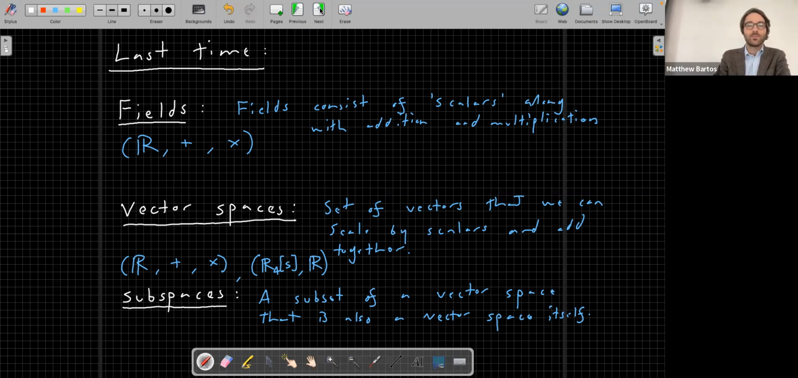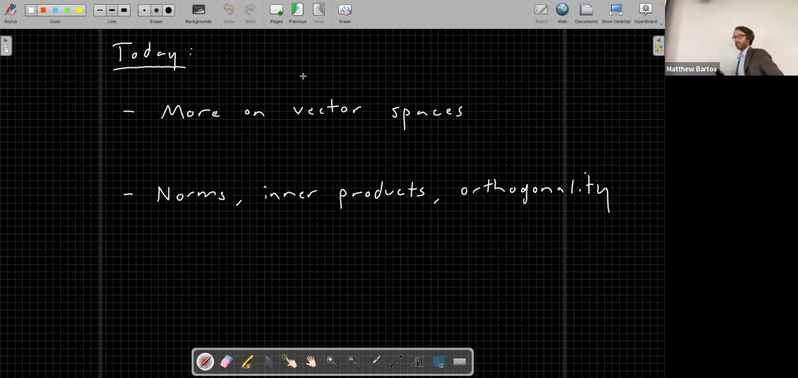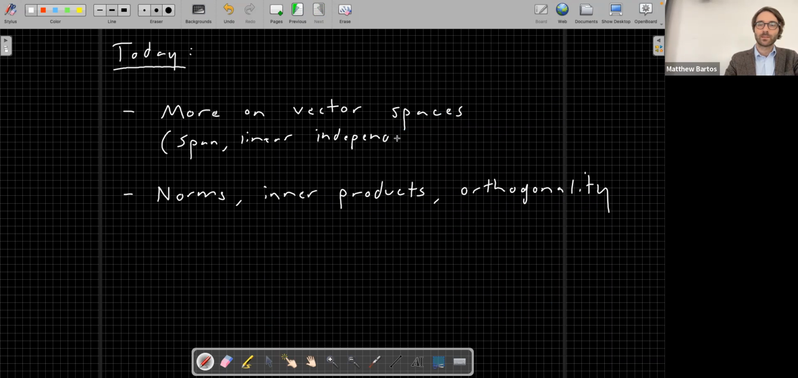Okay, so today we are going to finish up our discussion of vector spaces. We're going to talk about three more concepts. We're going to talk about span, linear independence, and we're going to talk about bases. Okay, so who's familiar with at least one of these terms? Okay. Great, so we're going to talk about span, linear independence, and bases, and then we're going to cover some